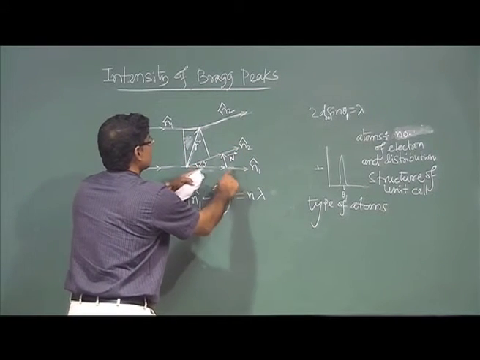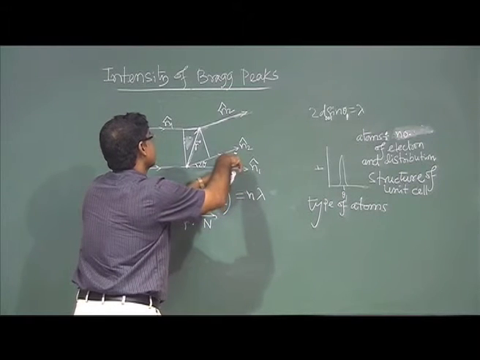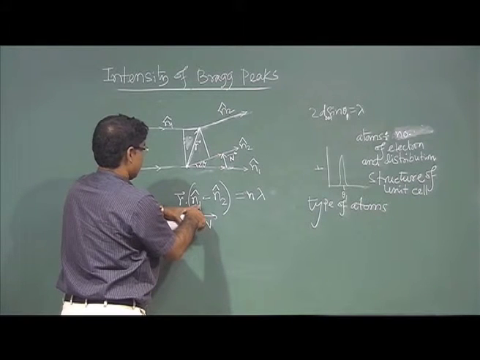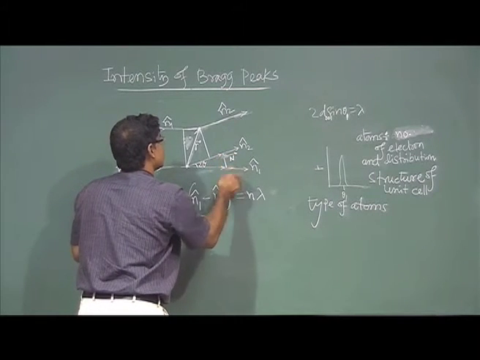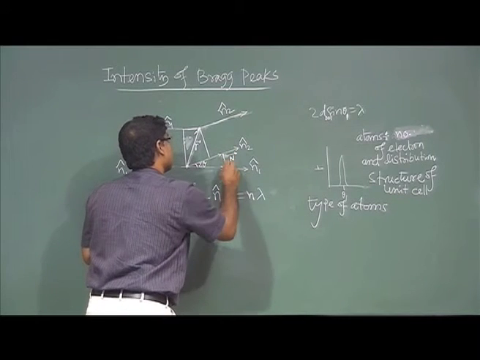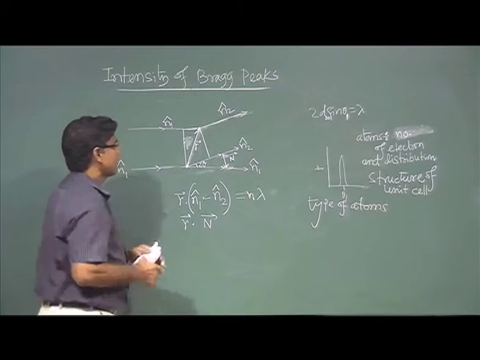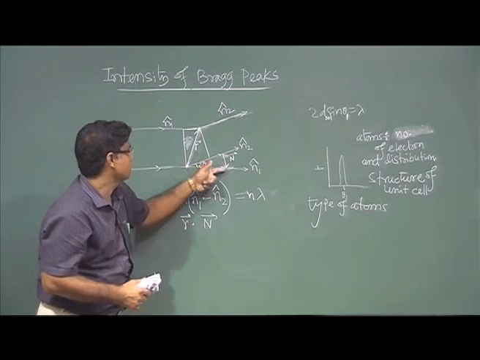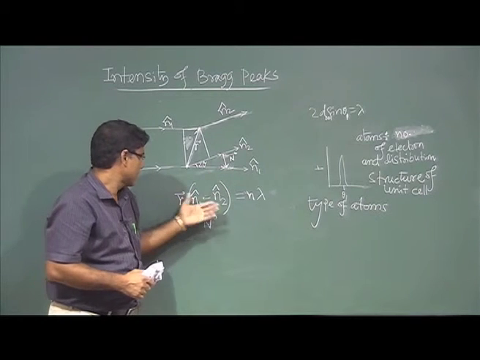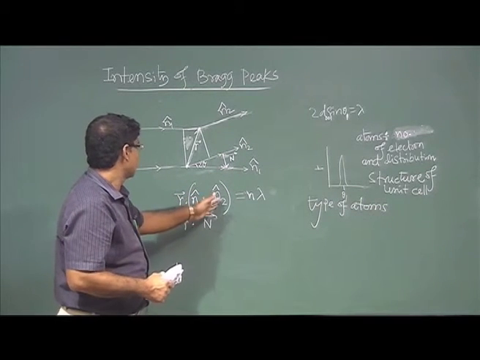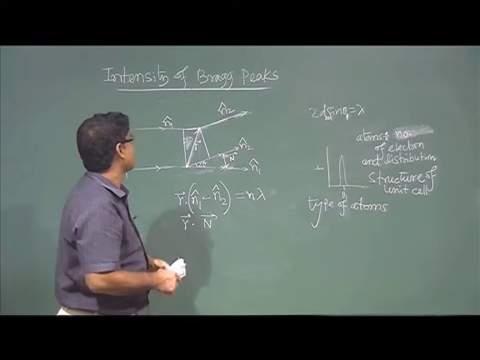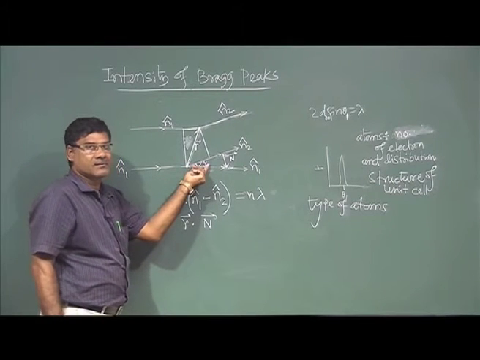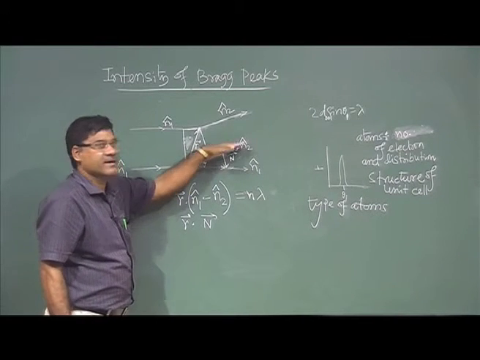Because n1 plus N equals n2, the direction will be opposite basically. Its direction will be this, meaning n2 plus N will be equal to n1, okay, as we have written. If it is n2 minus n1, then the direction will be the other direction, okay. So this is incident and this is reflected.